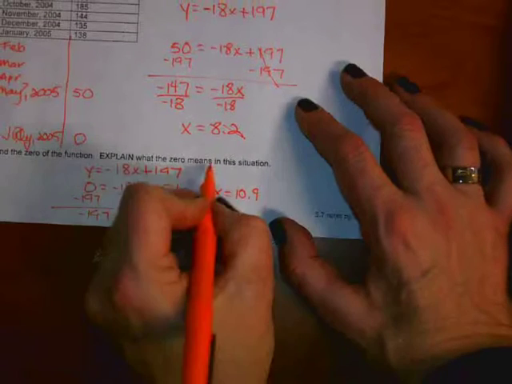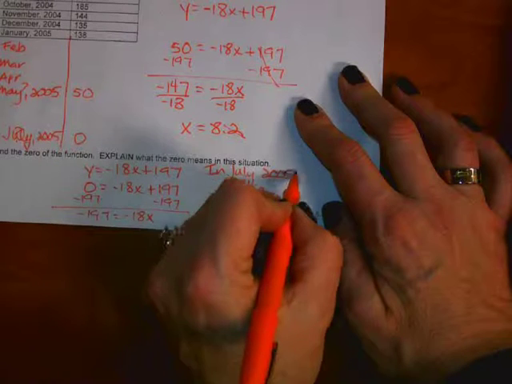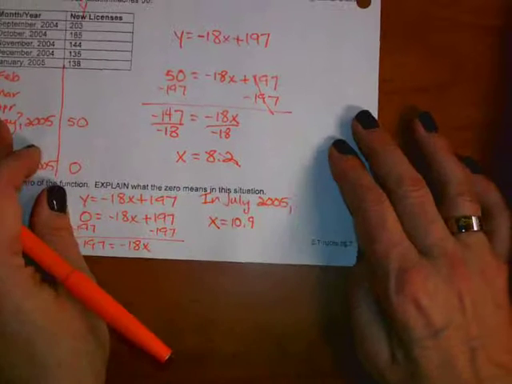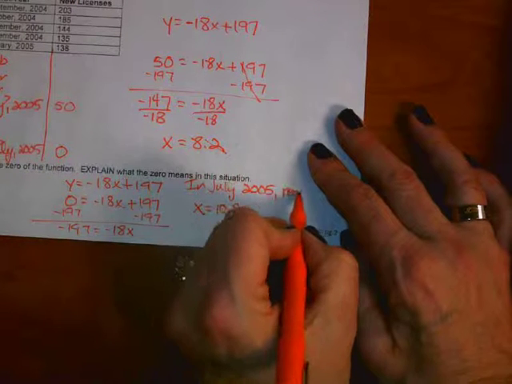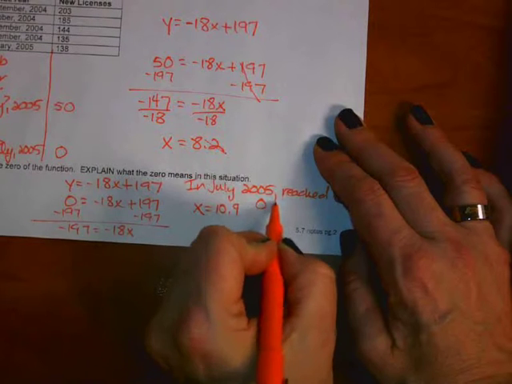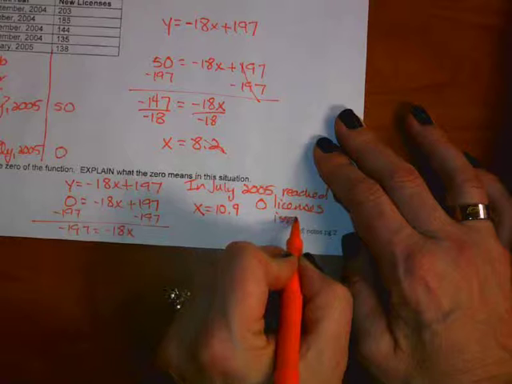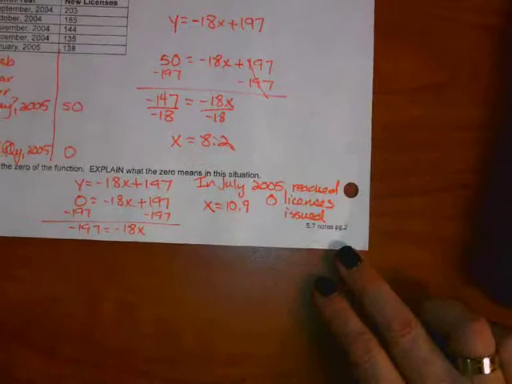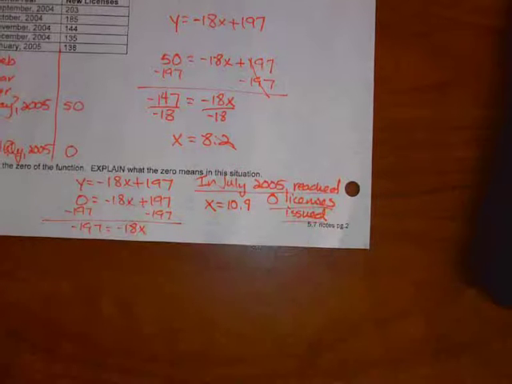So this means in July 2005, they reached 0 licenses issued, however you want to write it. In July 2005, they reached 0 licenses issued. Now, my goal is obviously